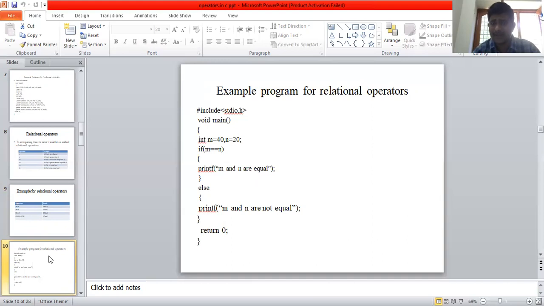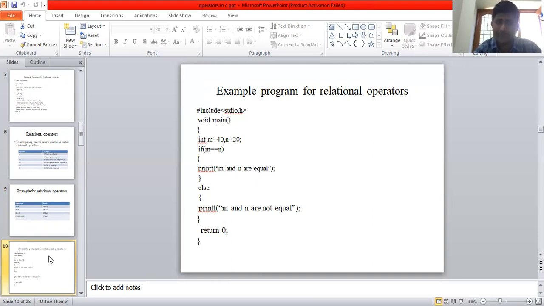Here m value is 40 and n value is 20, so the condition is false. So it directly executes the else block statements: printf m and n are not equal. That is the output statement of this program.